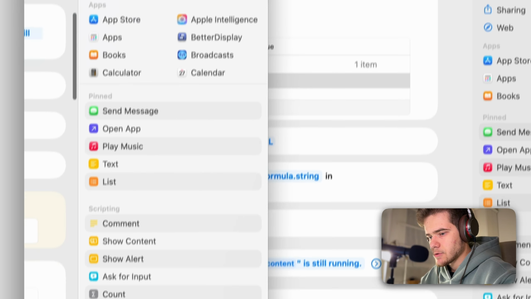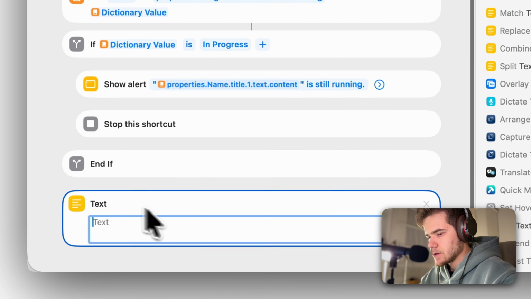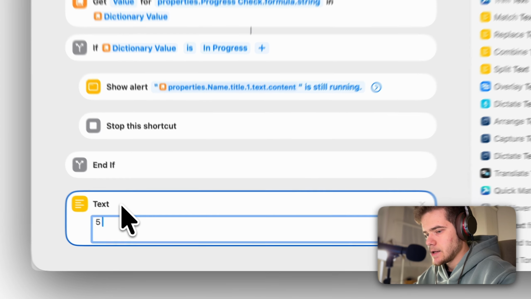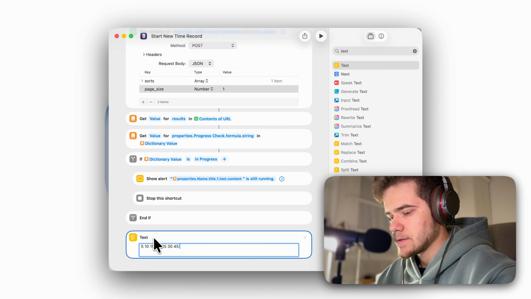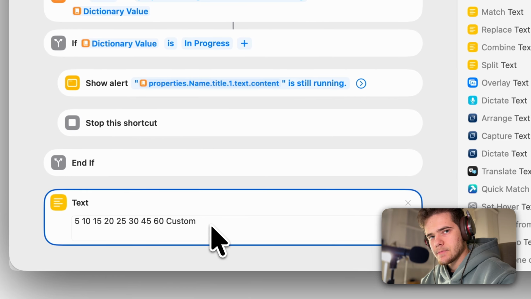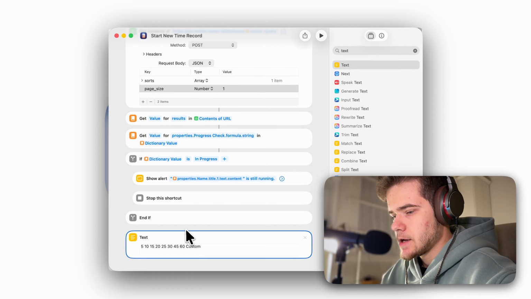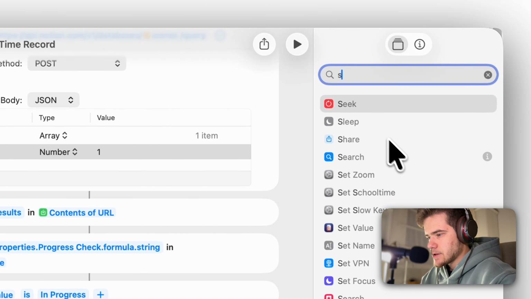What we need to do for that, we need to add a new text field and put here an array of numbers separated by spaces. So I'm going to add 5, 10, 15, 20, 25, 30, 60, and custom. Do you know what these numbers are? Of course, these are the time duration of the new time entry numbers. What do we need to do next? After that, we need to